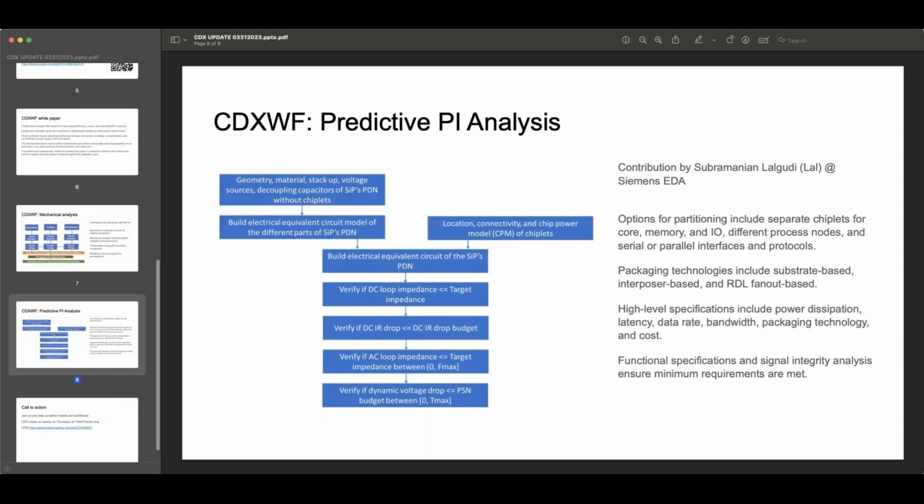I would appreciate that. Yeah, so Bapi, I want to make a couple of comments here. This is more like an overview talk of the history of work that the CDX group has done. We'd be happy to dive deep into any of these topics and discuss that in detail. So case in point, CDK work was started in 2021. CDXML was done last year, and this workflow is this year.